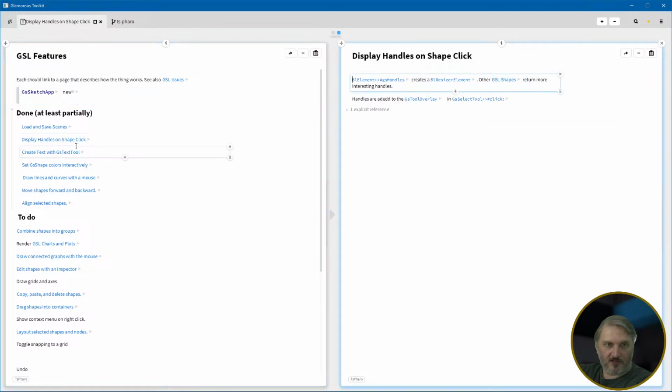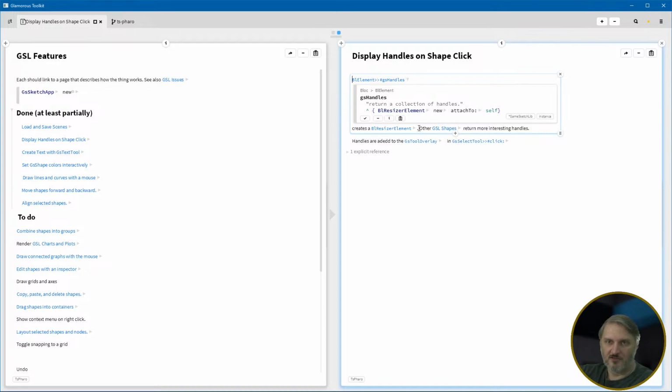I'll just go through these real quick. Display handles. Some of these are real small. How does it work? There's this thing called GS handles, and the default handler is a resizer. Those get added to the tool overlay in GS select tool click. But that's not actually true anymore. It's actually in